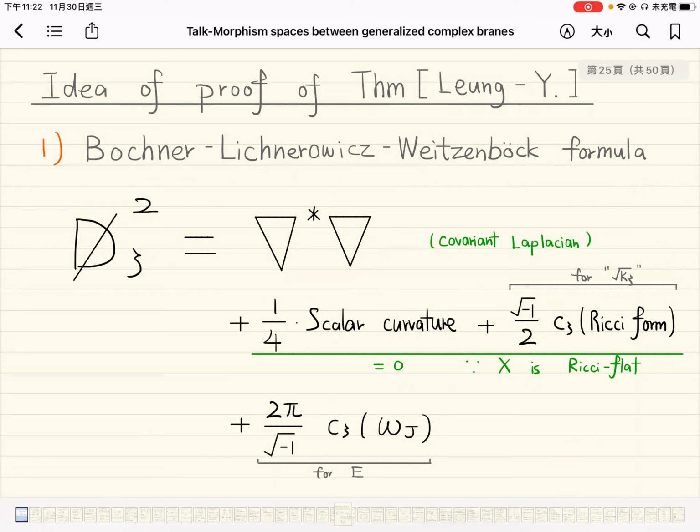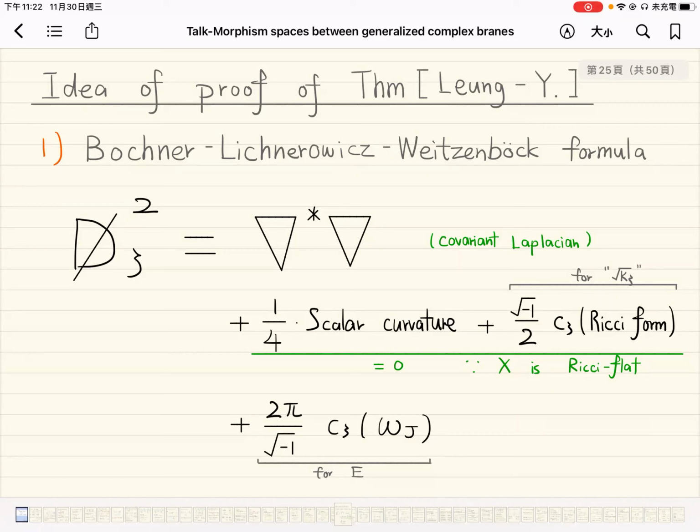First of all, we get a covariant Laplacian. This is the second order term. And there are three terms for the lower order terms. First of all, we have a scalar curvature, but because for a hyperkähler manifold X is Ricci flat, of course this is 0. And you also get a Ricci form,